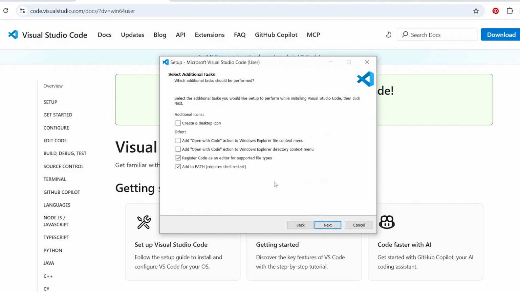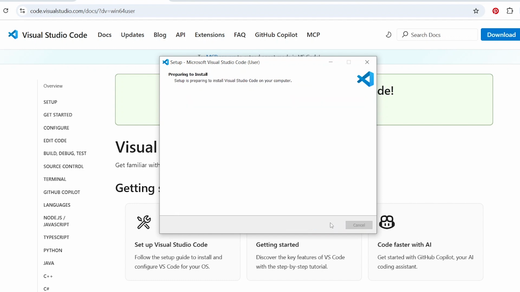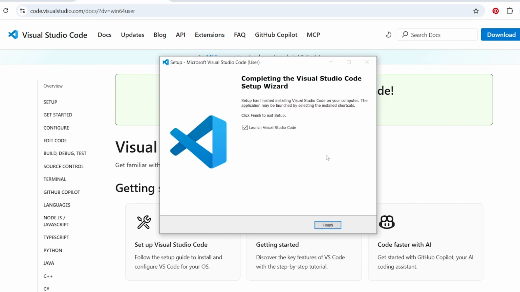If I want to have an icon of it on the desktop, I can check this, but I don't want it, so I'm going to leave it the way it is. Then click on next, then click on install. So we'll wait for the installation to complete. Now we're done with the installation of Visual Studio Code. Let's go ahead and launch it. And as you can see, launch Visual Studio Code is already selected.